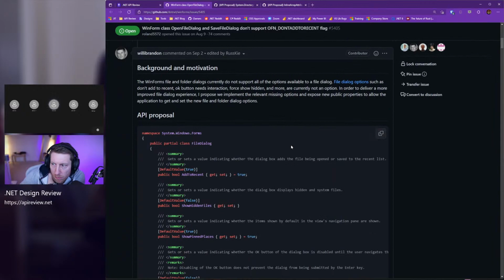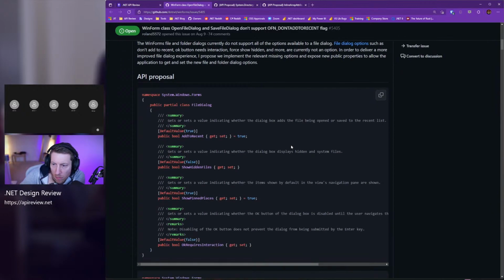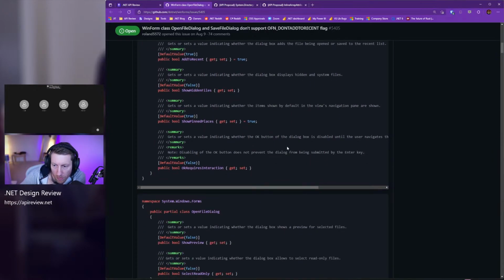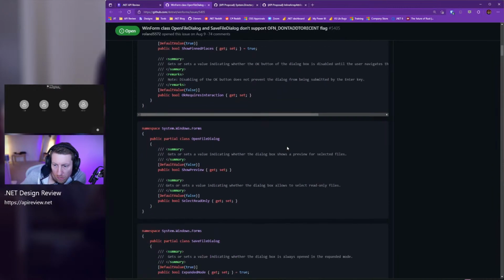Yeah, I mean, that seems reasonable to me in general. That's the general pattern that they have, right? They have these default value attributes that effectively control what the default value is if nothing is specified, and it's used by the designer to determine whether it should be serialized into the generated InitializeComponent or form initialize method that they generate. So that seems